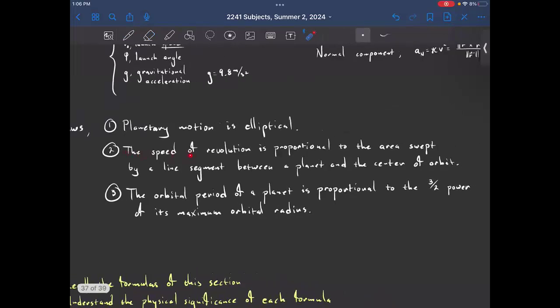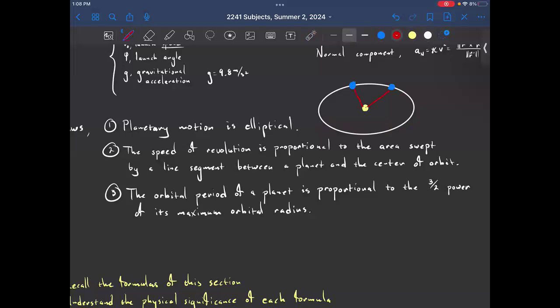The speed of revolution is proportional to the area swept out by a line segment between a planet and the center of orbit. So if we have an ellipse like this, say this is the orbit of the Earth around the sun, it's kind of exaggerated here, then if we draw the Earth blue, maybe right there, and the sun is down here, then let's say we draw a ray between the Earth and the sun, and then we draw the Earth sometime later,